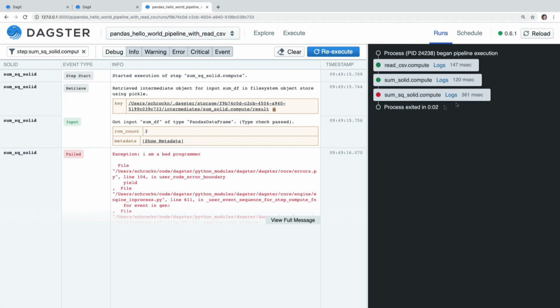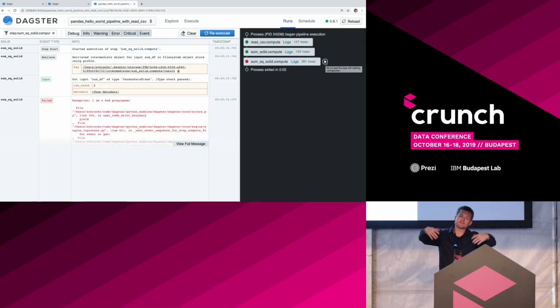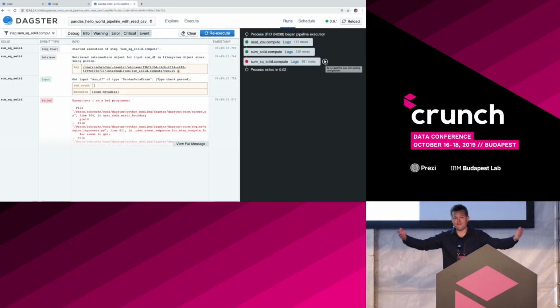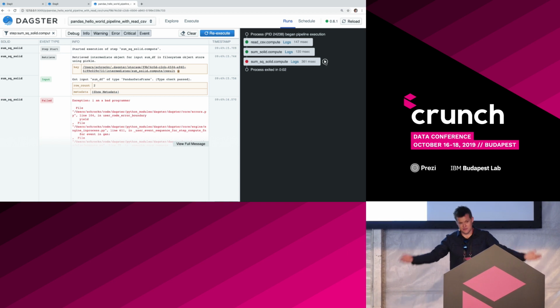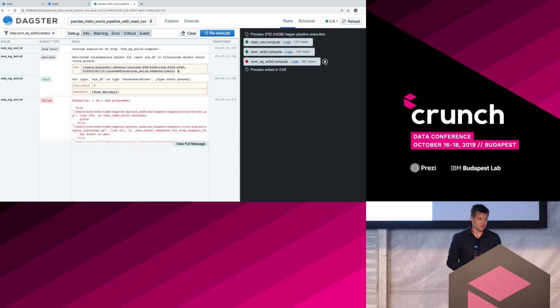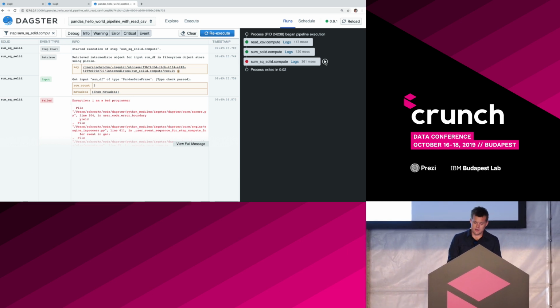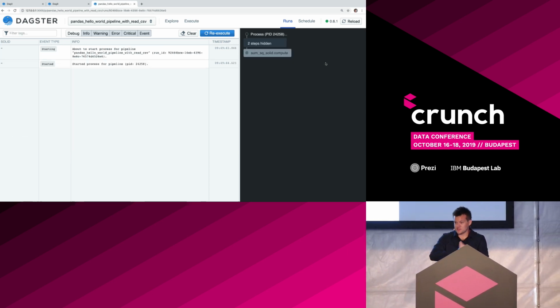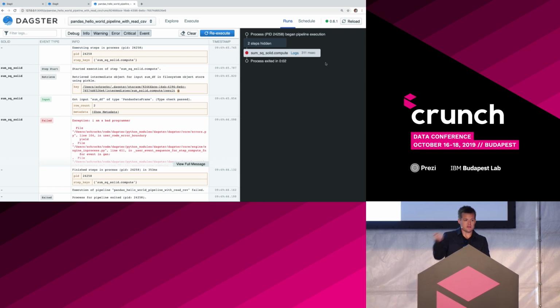But what's cool about this is that this is a really fast, trivial DAG, so it doesn't take much time to execute. Imagine this is like a 50-node DAG, and it was like a whole bunch of work, and you're just about to go home for the day, and then the 50th task fails. And you want to kill yourself because you have to fix one little bug and then re-execute the whole thing, which totally sucks, right? Here, instead, you can just re-execute this single step over and over again, and it uses the intermediates from the previous run in order to deal with that.